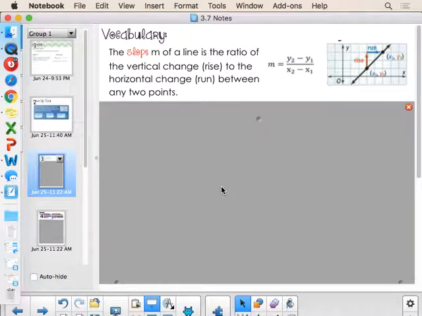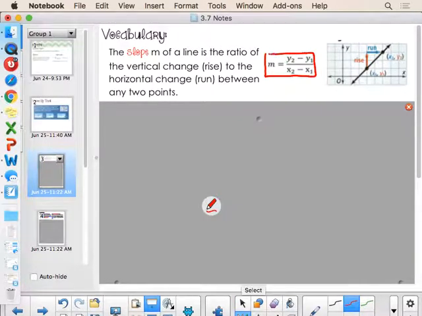The first topic we return to is the concept of slope, because in order to write the equation of a line, we need to know a few facts about the line, such as its slope. And to find the slope, we need to know a couple of points that exist on the line. So what is slope? Slope is the variable m that we often refer to. Officially speaking, slope is the ratio of the vertical change, the rise over the run, and we use this equation here to identify the rise over the run.